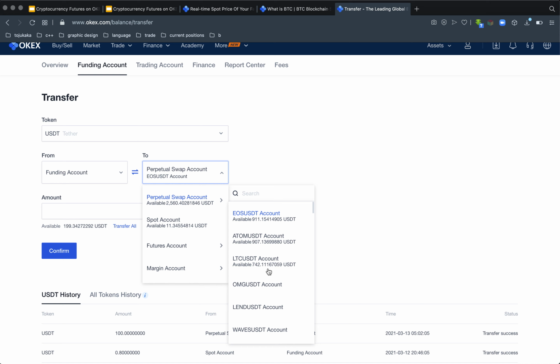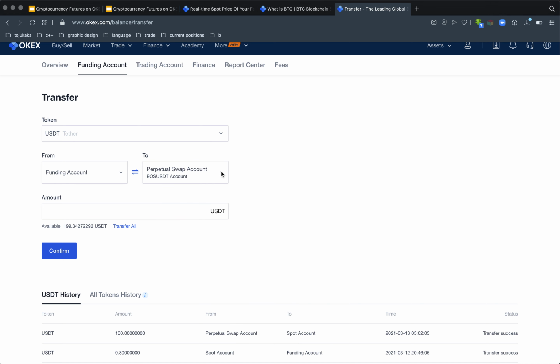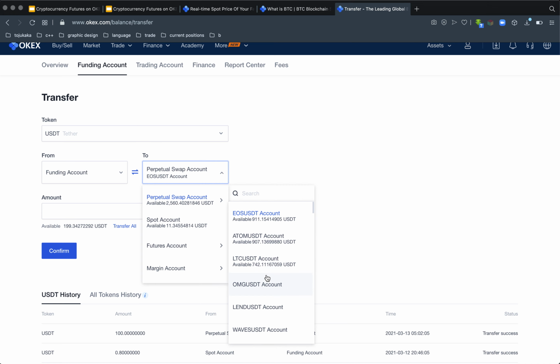Unless you find an opportunity in other trading pairs, right? But you know the way it works. Different folks have different strategies. You just do what works for you. But what I'm trying to point out to you is that you have different accounts for different pairs that you